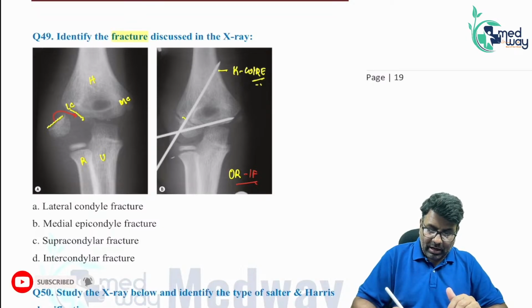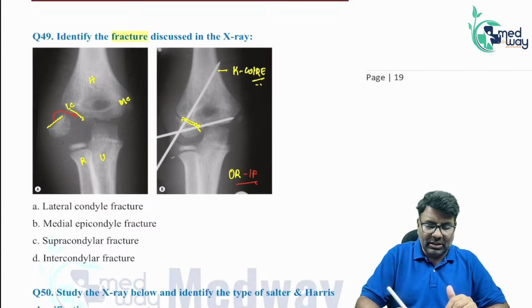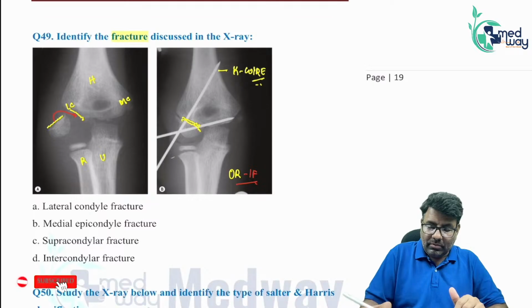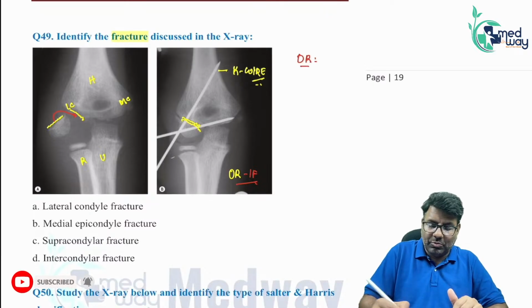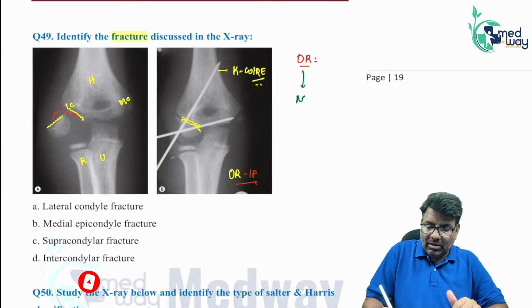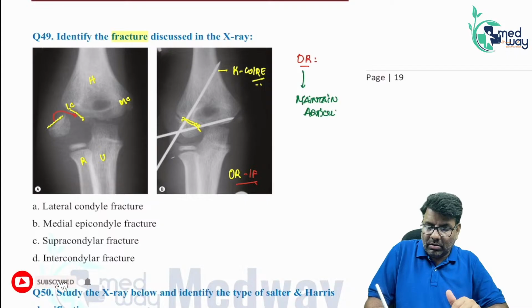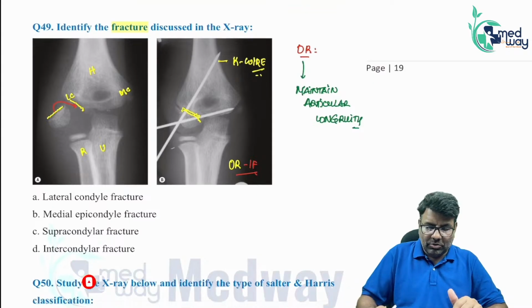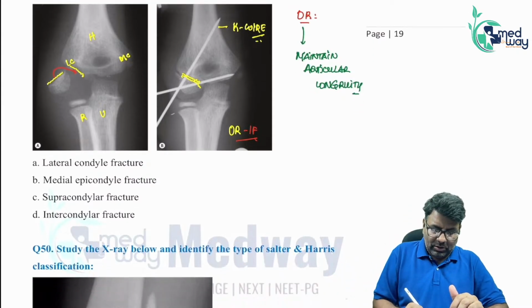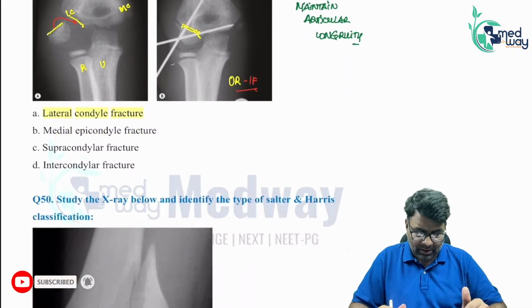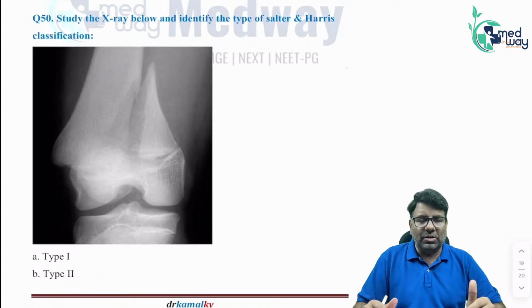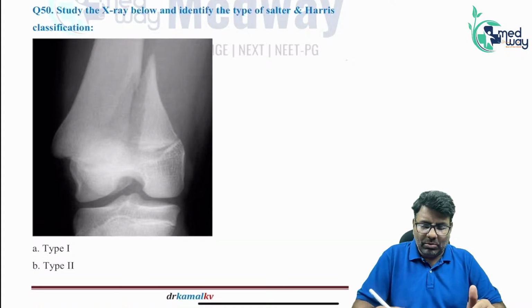We can see here it has been fixed nicely, and therefore we always say that open reduction has to be done because we want to maintain articular congruity. This is very important here, and this is a classical fracture of the lateral condyle of the humerus. This has been discussed. Now, moving forward to the last question of the series,